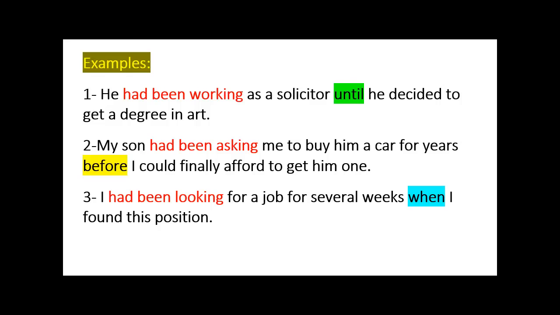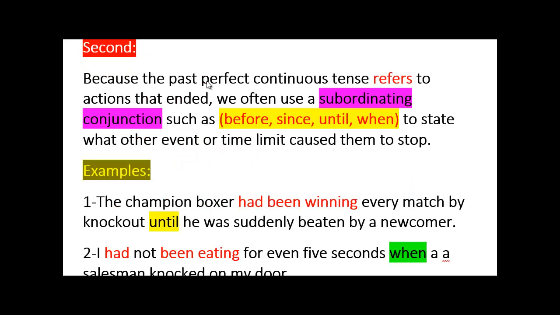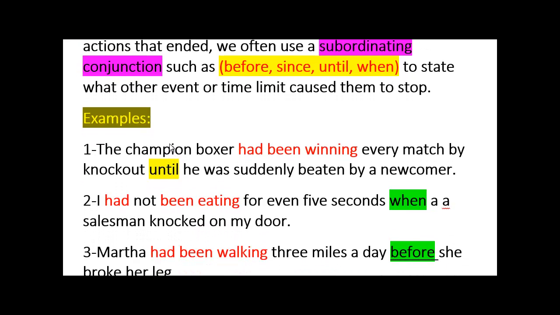Okay, good. And the second thing we're going to talk about is that because the past perfect continuous tense refers to actions that ended, we often use subordination or subordinating conjunctions, as we said, before and since, okay, and until and when, like you've seen in other sentences up there that we gave as examples. And here are some examples of using these